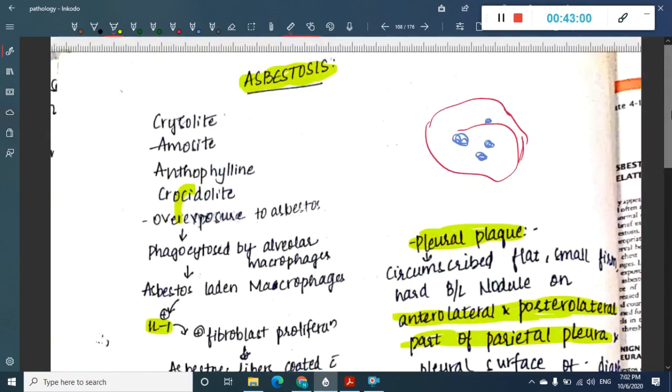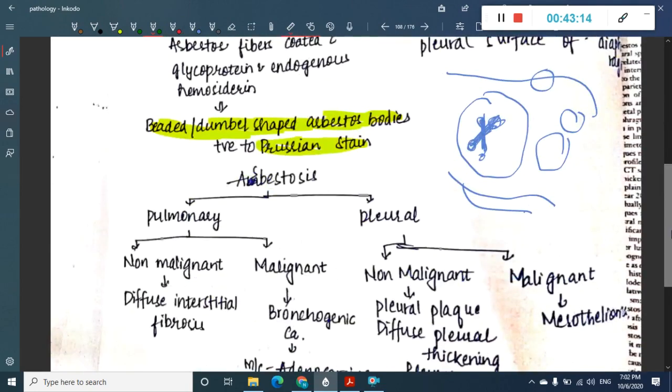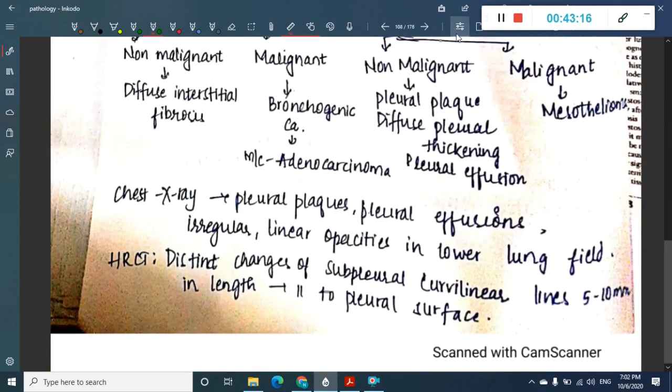So asbestosis is actually a lower lung lesion. It affects the lower lobe of the lung. It is most commonly seen in the lower lobe of the lung. See, silicosis and coal workers pneumoconiosis are seen in the upper lobe, but here the opacities are mainly in the lower lung fields. That is one clue which can help you when you get the chest x-ray picture, because all these pneumoconioses look almost alike in chest x-ray.